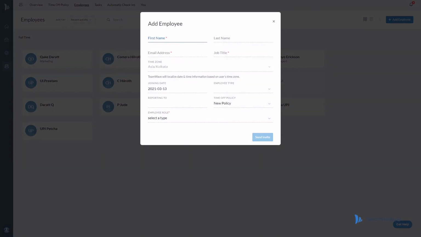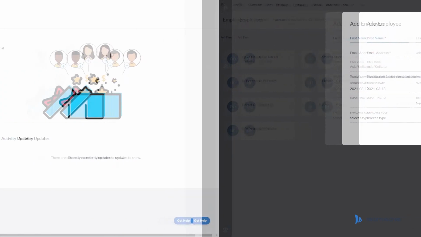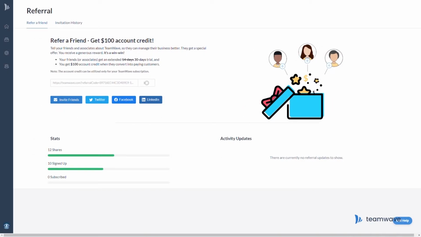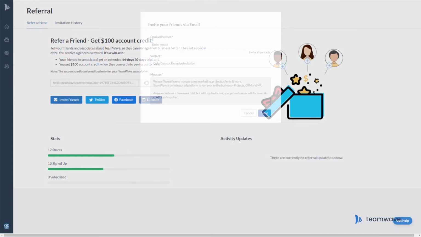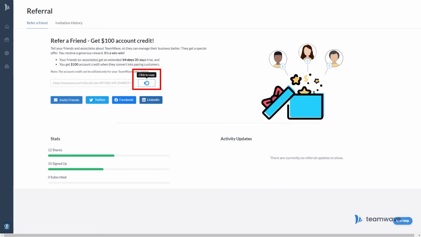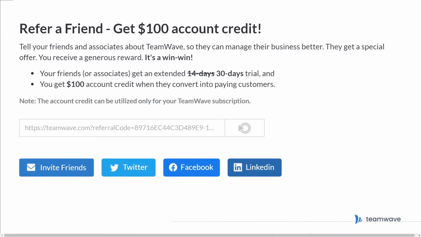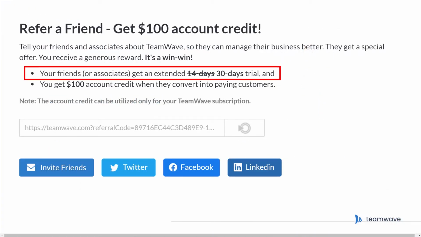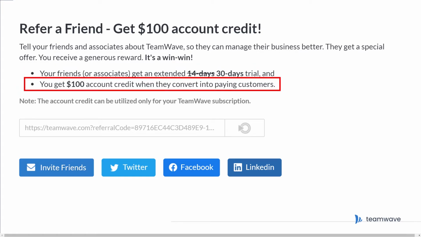So to refer TeamWave, head over to Referral Program and earn rewards right here. You can recommend TeamWave via email, social media, or by sending friends your referral link directly. And just for being invited to try TeamWave, the people you invite will receive an extra 2 weeks on their trial period, which means they get a total of 30 days to see how TeamWave works. And if one of your referrals actually starts paying and subscribes to TeamWave, you'll receive a $100 credit to your